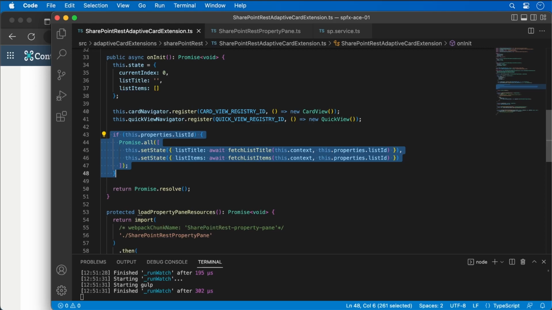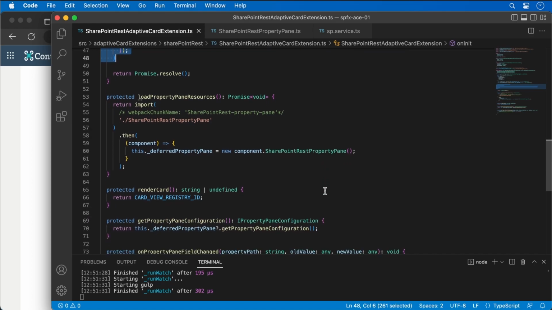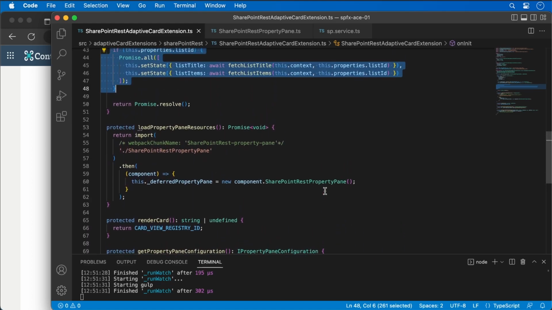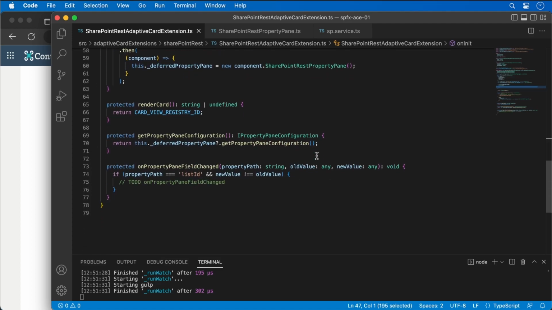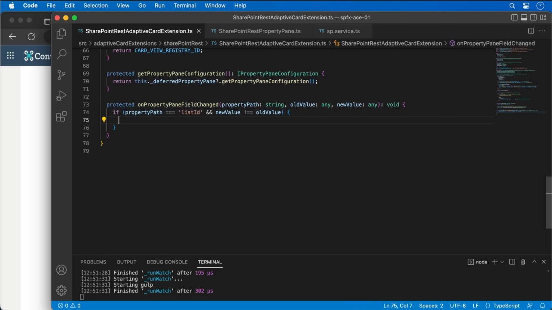So now all the public properties and the state are configured for the ACE component. I need to handle one more case, such as when the user updates the list ID property in the property pane. So I'm going to come back down to that method that we created earlier. In fact, I'm going to grab these two lines of the set state. We're going to use those in a second. I'm checking to see if the list ID is the property that was updated, and if it was, then I want to check to see if I have a new value that's defined,